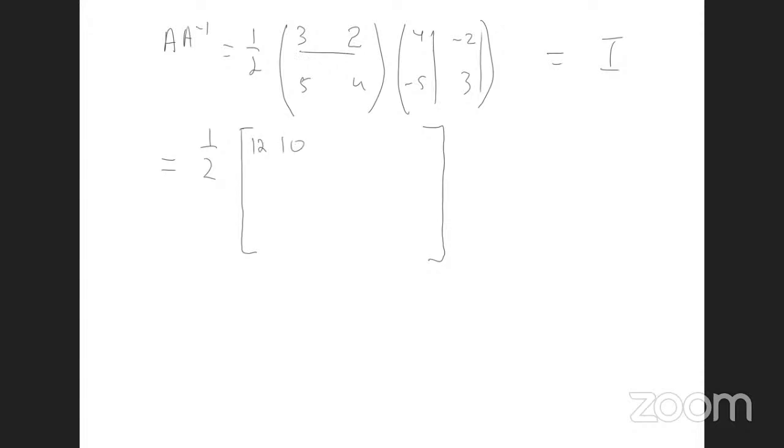Row by column again, minus 6 plus 6. Row by column again, 20 minus 20. Row by column again, minus 10 plus 12. So you'll be left with a half by